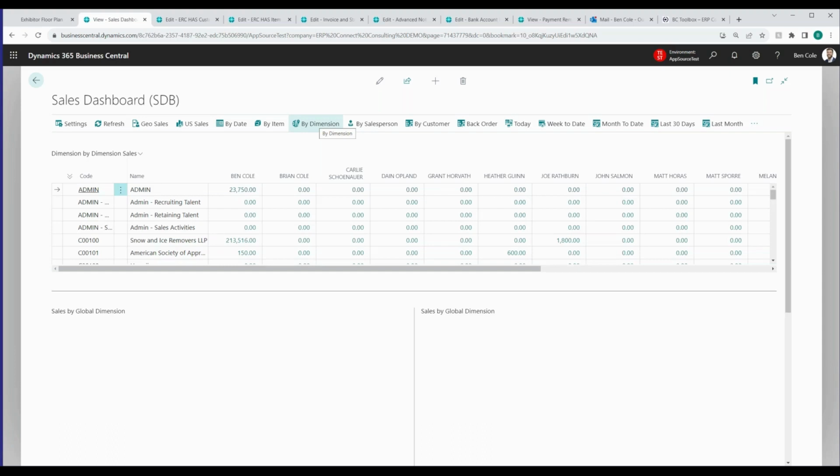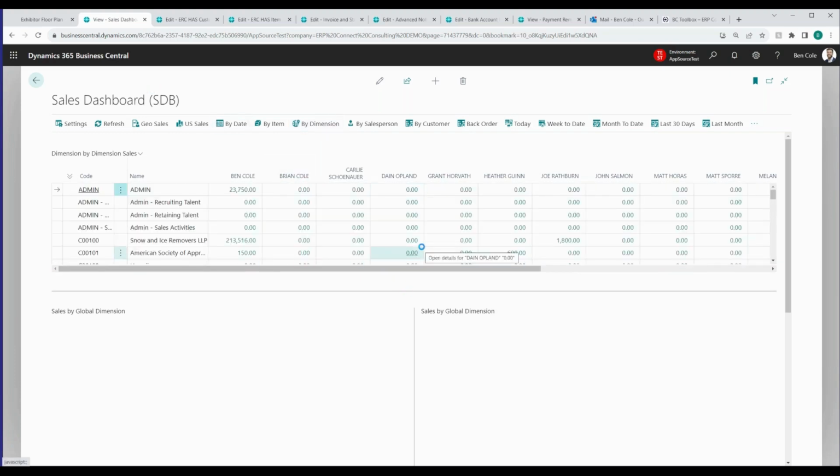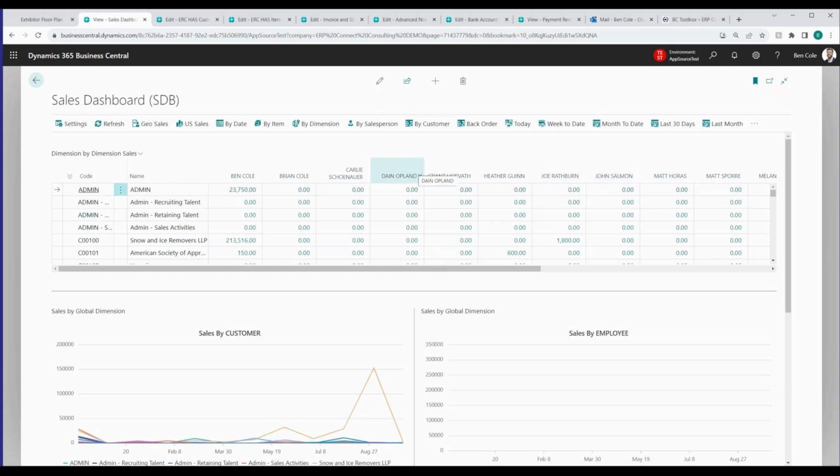This dimension one's cool because you can pick what 2 dimensions you want to report on. So BC usually defaults to the global 1 and global 2. In this case, you can actually pick what dimension you want on your x-axis and what dimension you want on your y-axis. And then again, that's just going to take a grid view to show, okay,